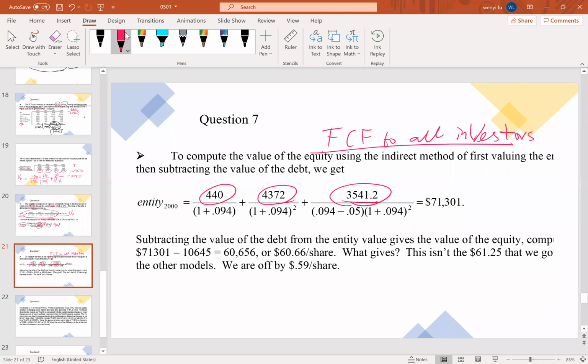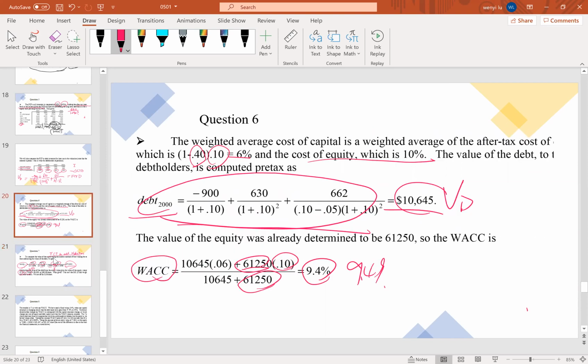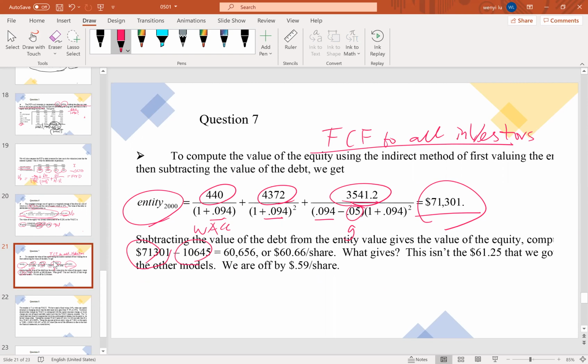And this is the cost of what? This is the cost of capital, using the WACC formula. And this is the growth rate of what? The cash flows. So we solve the whole entity's value: the whole firm's value is $71,301. And these values minus the debt values we solved will be the equity values. We solved the debt values already, so the firm's value minus the debt value should be the equity value. So the equity value will be $60.66 per share,